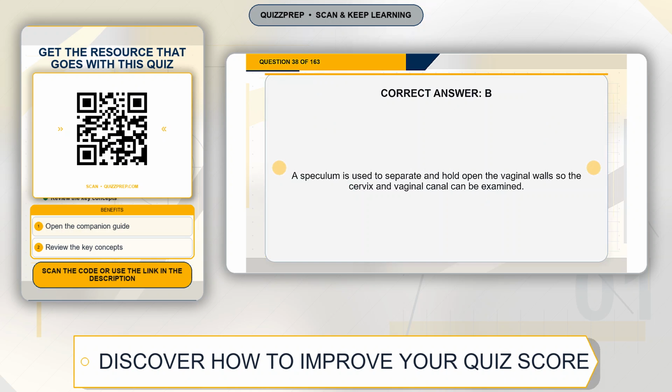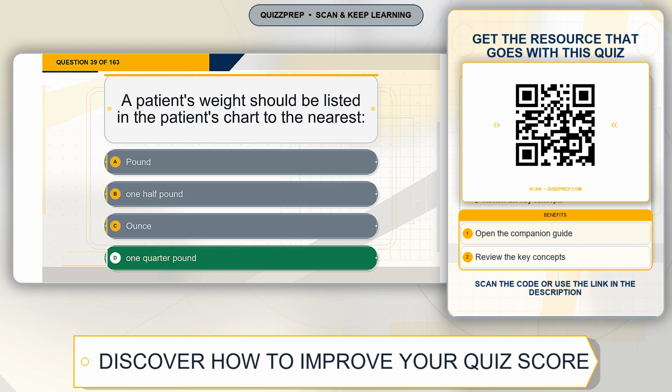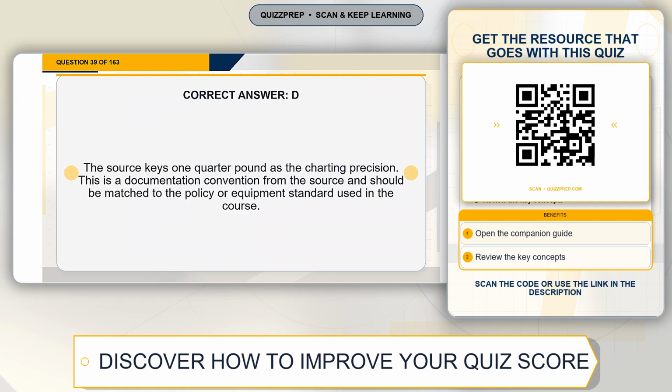be examined. Question 39. A patient's weight should be listed in the patient's chart to the nearest Option A, pound. Option B, 1/2 pound. Option C, ounce. Option D, 1/4 pound. The correct answer is option D, 1/4 pound. Explanation. The source keys 1/4 pound as the charting precision. This is a documentation convention from the source and should be matched to the policy or equipment standard used in